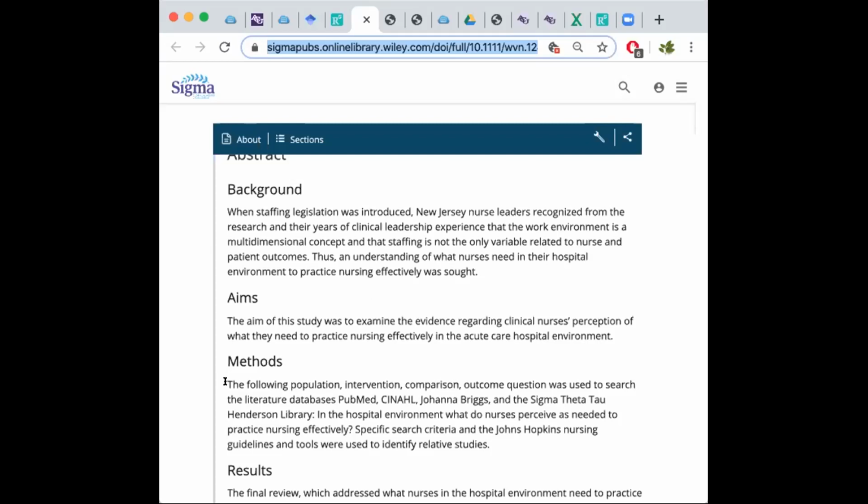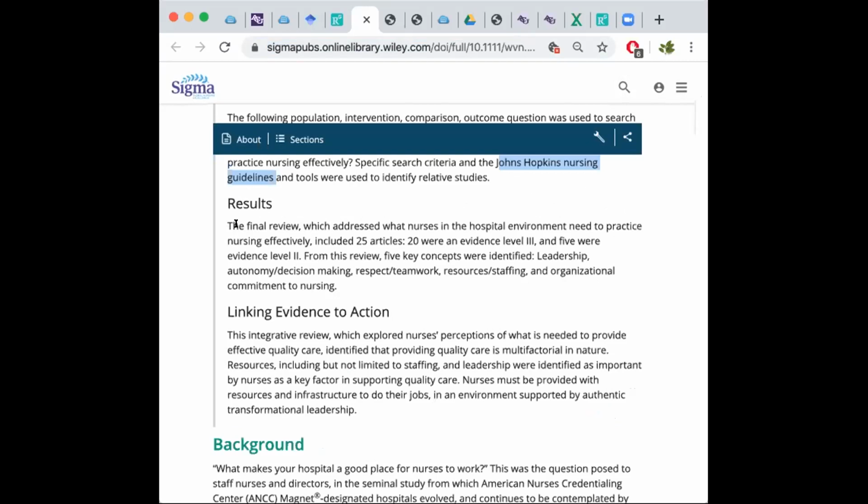Since this is the methods for an integrative review, it involves researching these databases and this library that we had access to, because there are a variety of different subscriptions available for each of these databases. We searched using this question as our guide here, and they developed some search criteria related to that, and they followed these guidelines, and then we've got the results,